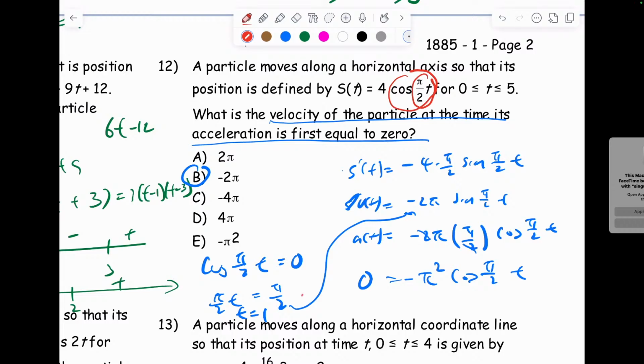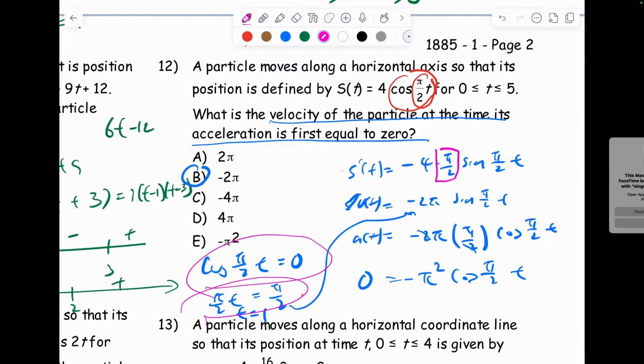This is what people usually forget on this homework, the chain rule. How many guys forget the chain rule? No? Okay, you know how to do that? Good. And then you have to do it again. Set it equal to 0. When you set it equal to 0, you're going to get to this part. Then you're going to say, wait, when is cosine equal to 0? Cosine equal to 0 is pi over 2. So it's going to be pi over 2t equal to pi over 2, and then t is equal to 1.